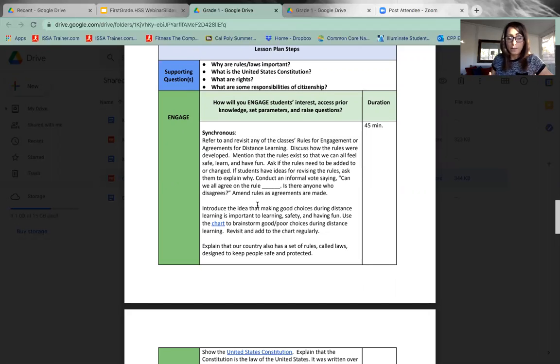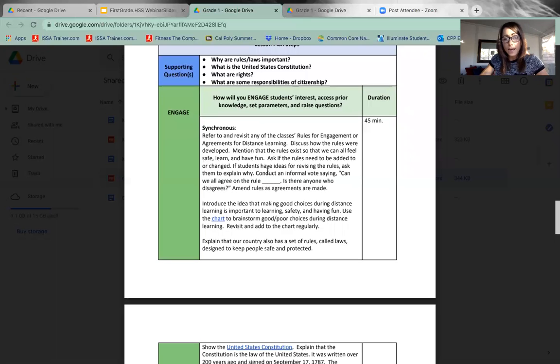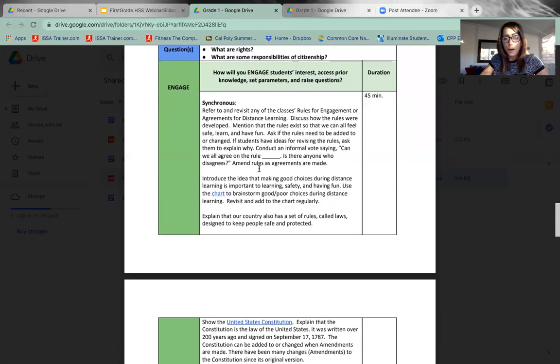I think one of the best tips I can give you for distance learning is to keep it simple and use tools that you're comfortable with and that work for you the best. But in this lesson are some examples, and you're welcome to modify them, obviously, in any way that seems appropriate for you. So as we engage students, probably you already have rules for engagement or rules for distance learning or